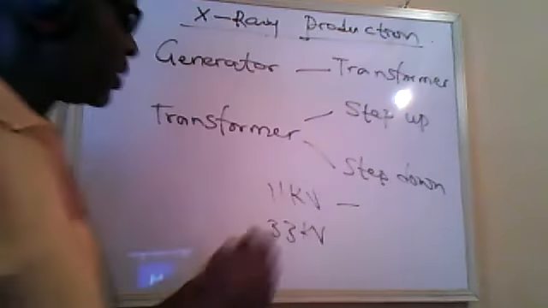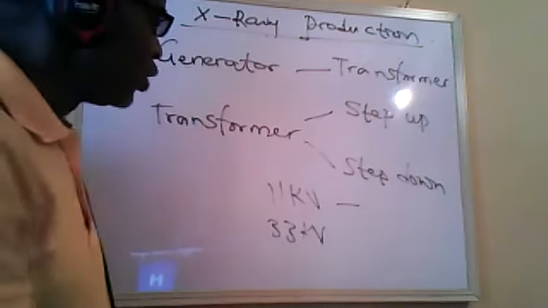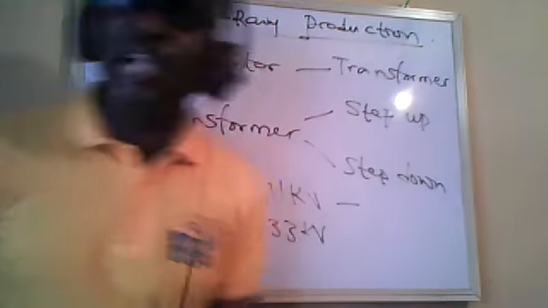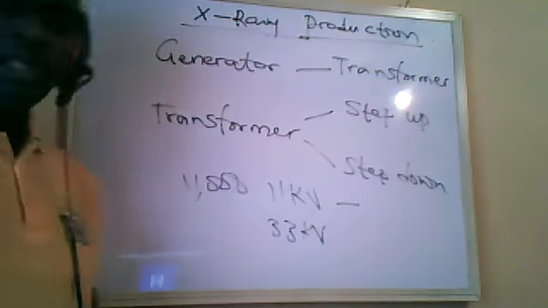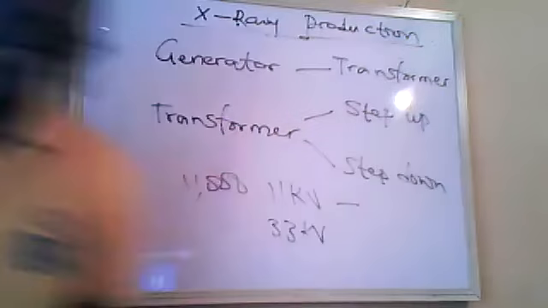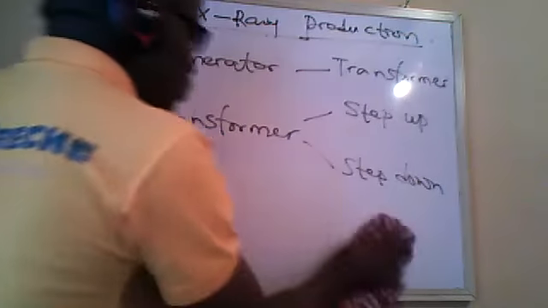It steps it down from this 11,000 volts, 11 kilovolts, to what we use in our homes, which is around 240 volts. But for our transformer, which we use with the cathode in the X-ray tube, we have to have a